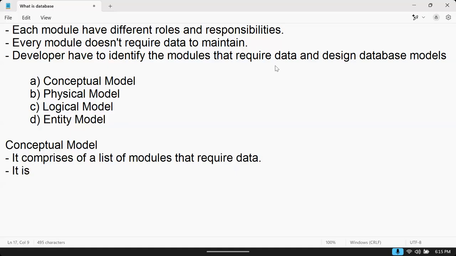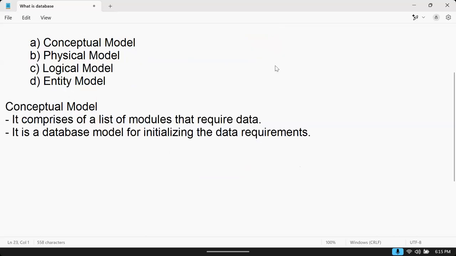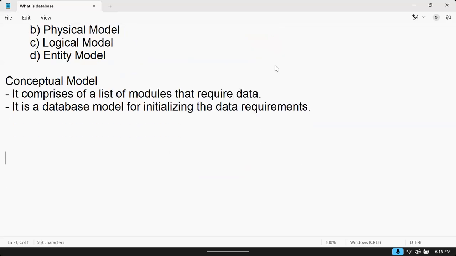It is a database model for initializing the data requirements.